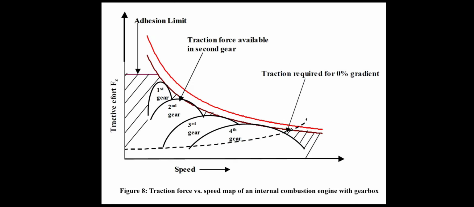In this figure we can show how increasing the number of gears gives a better approximation of the effective traction hyperbola. We know that whenever we change the gear, we get a higher speed and lower tractive effort. Whenever you drive in first gear, the tractive effort is high and the speed is low, and when you change the gear from lower to higher, the speed is higher and the tractive effort will be lesser.